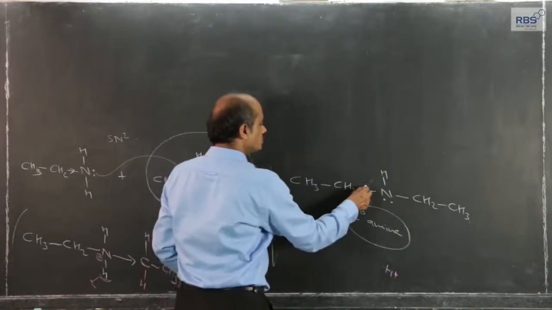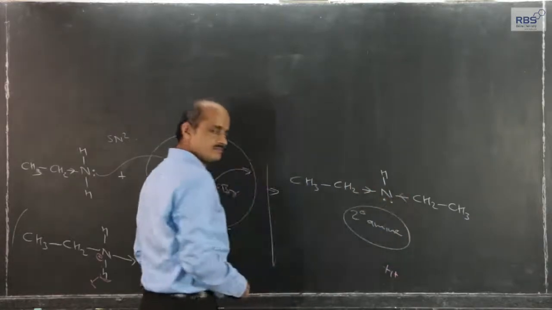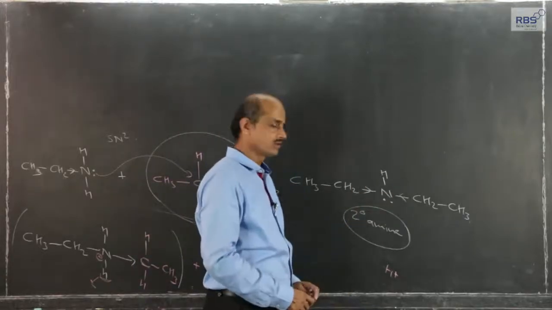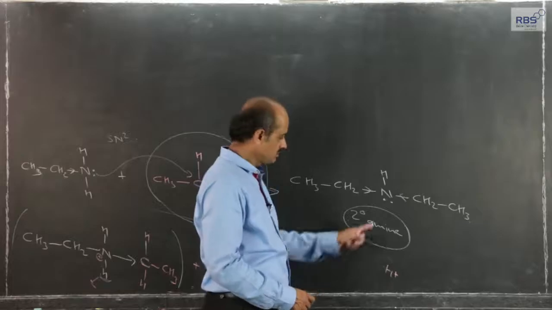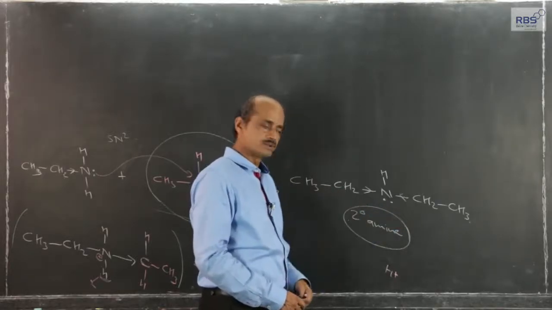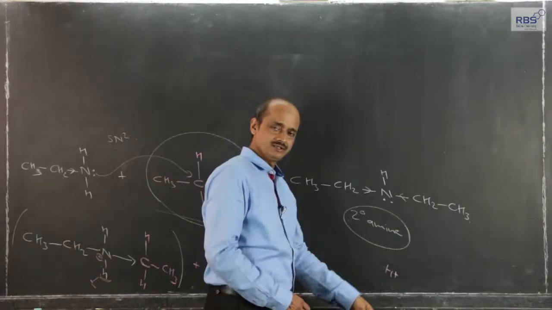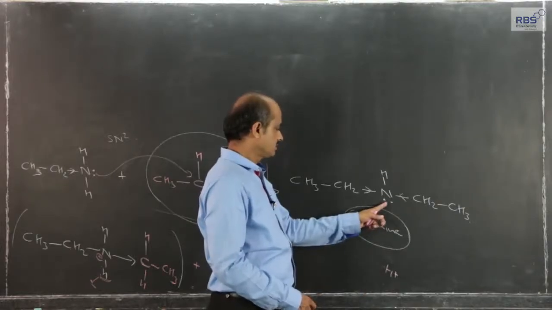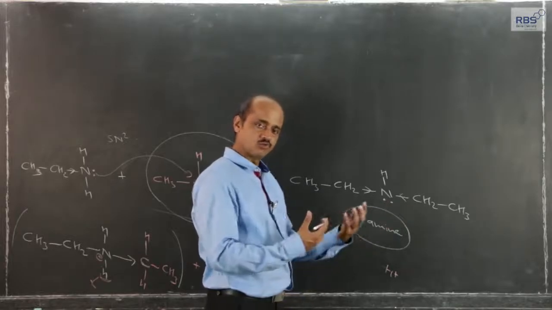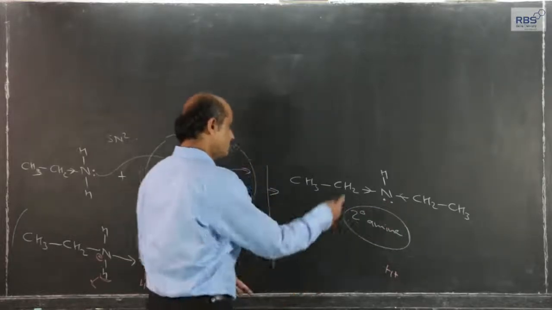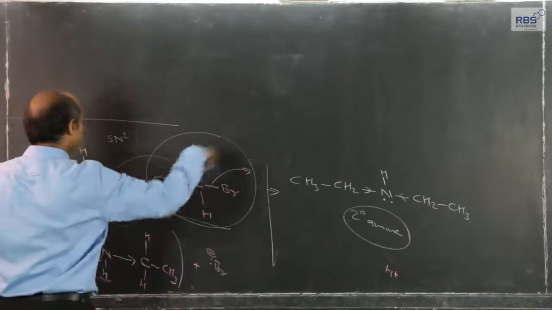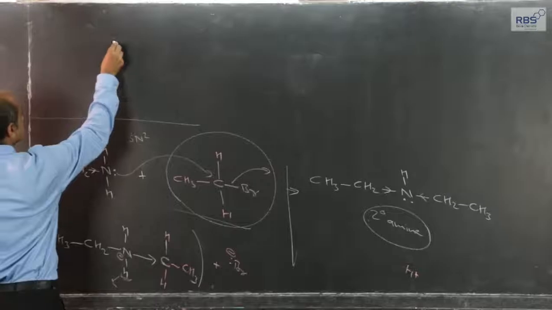Now, there are two ethyl groups with plus I effect, so the availability of the lone pair becomes still easier. There are other factors also. Because of two plus I effect groups, the lone pair should become easy to donate, but because of the bulky nature, the interaction becomes difficult. So, two opposite factors are there. This secondary amine can further react with alkyl halide.